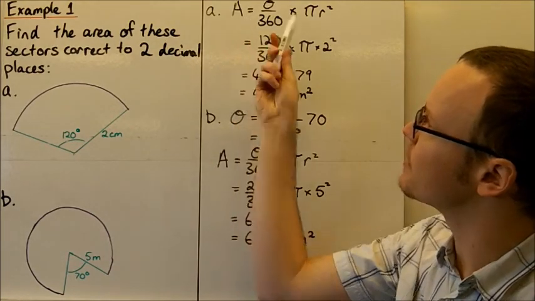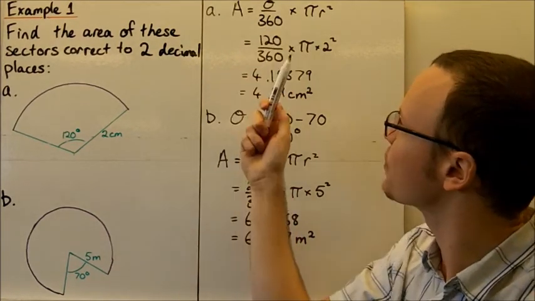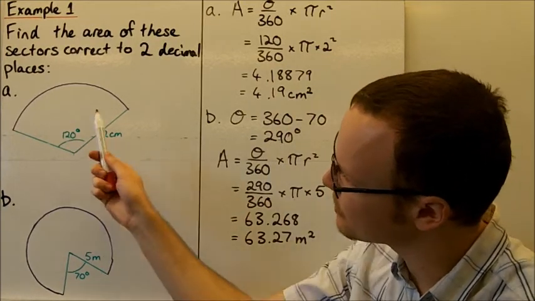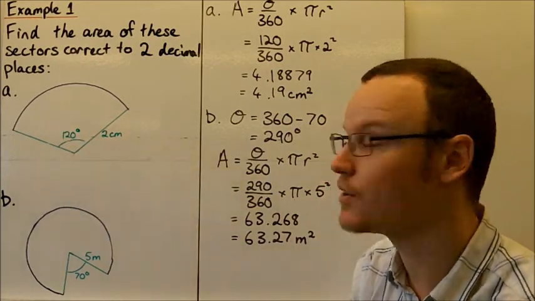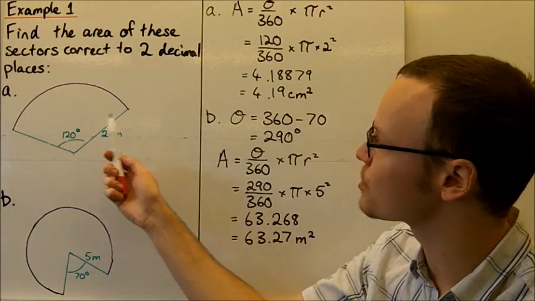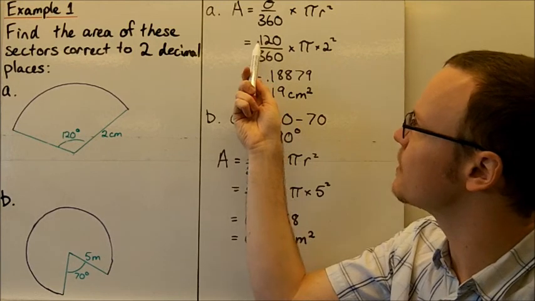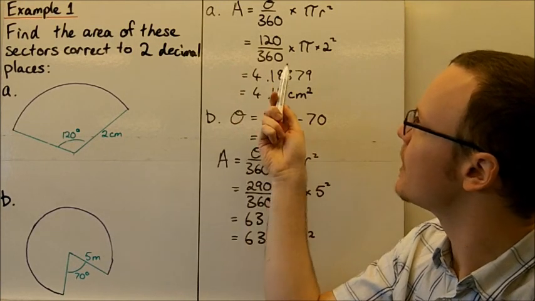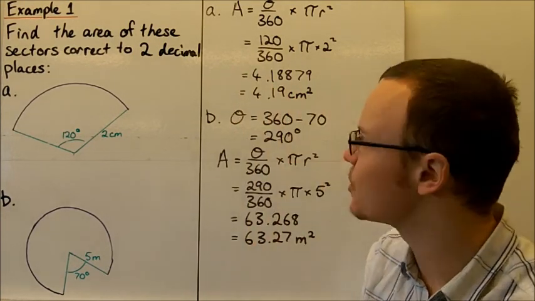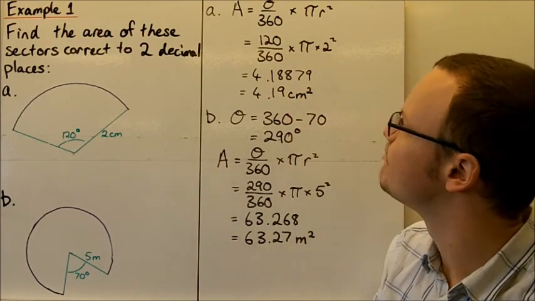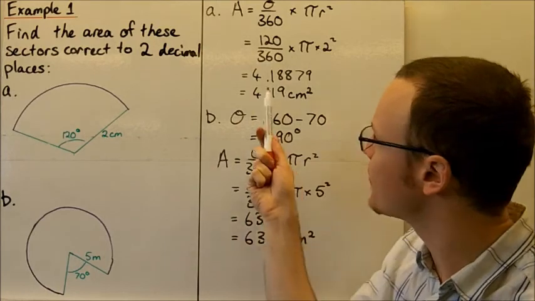So the area is going to be theta, the angle, divided by 360 multiplied by pi r squared. The angle that we've got of the portion of the circle is going to be 120 divided by 360, so that's the angle, 120, multiplied by pi times r, the radius, 2 centimetres here, 2 squared. Plugging that into our calculator, we yield